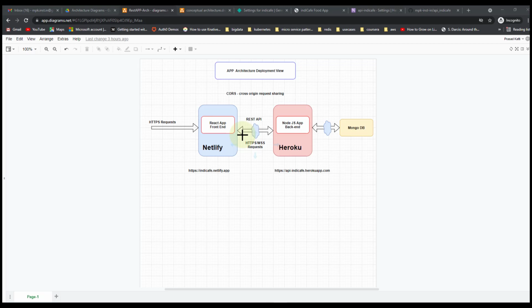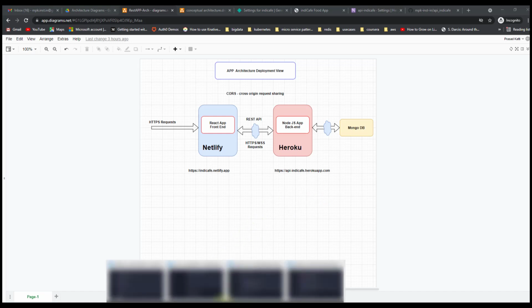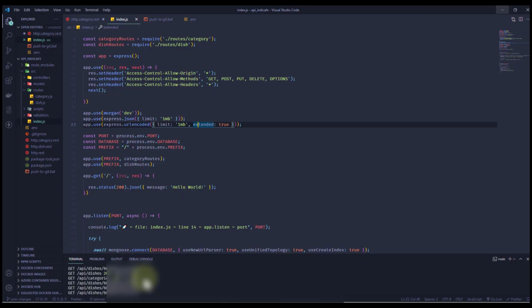We also have a similar kind of setup between MongoDB and Heroku, where we need to have that trust built in to MongoDB to accept connections only from the Heroku backend. So how do we do that in reality when implementing this in the code base? We have already done that, but we will go back and revisit a better way of doing that. So let's head over to our code base, and in here I will go to the API_IndexCafe